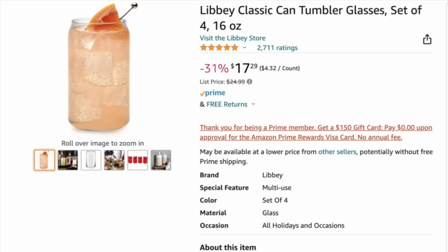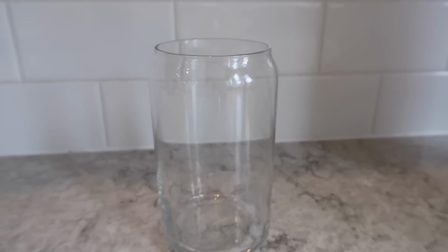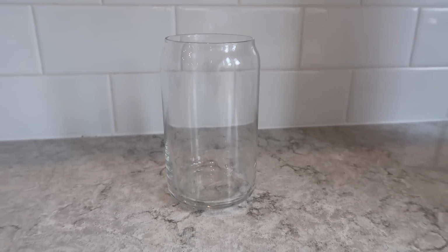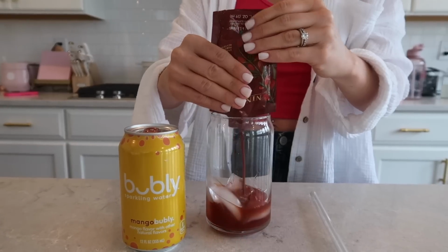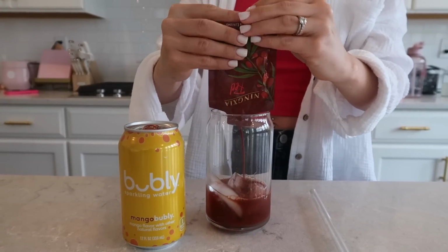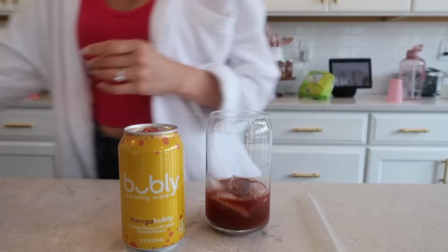So I got these glasses when they first became cool, and now I'm like, wow, they're 31% off. I paid full price. But I love these, again, just for everything. Iced coffee, just anything, ice water. They're really cute if you're having a party and have a bunch of people over to have them all out. But I'm just making our favorite Ningxia drink, which is just Ningxia, which is basically wolfberries and other things